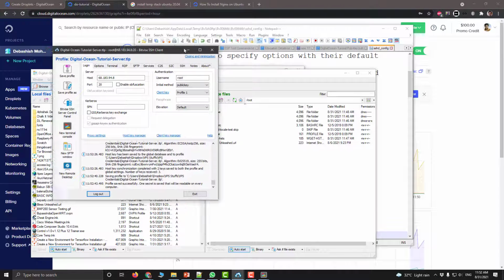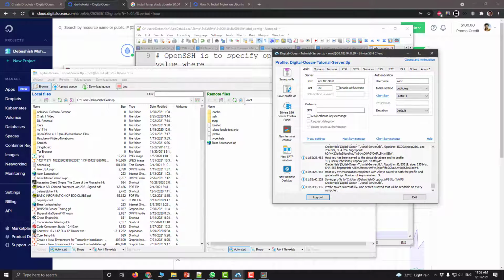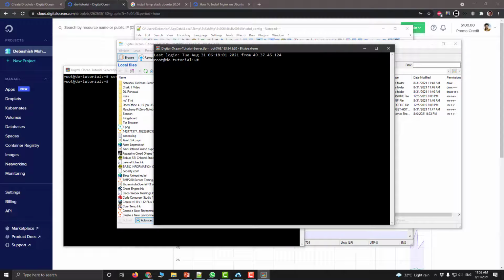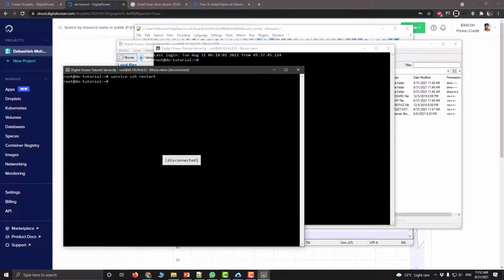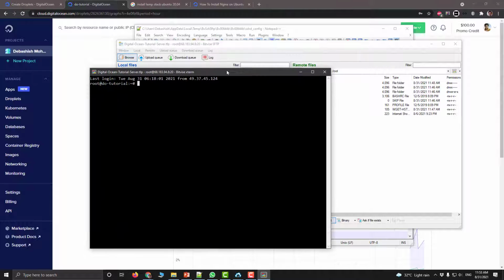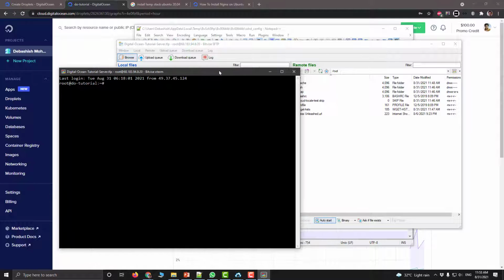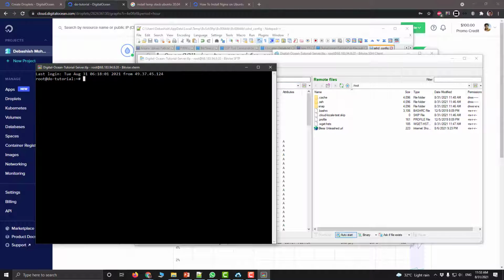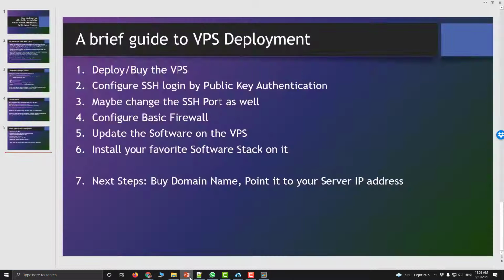No, I already have my profile information here, and here you can see the FTP window, and here is this old one that has been disconnected, so you can close it. This is the terminal or command window that you can see. Okay, now the next step is, let's see, I think it was firewall.